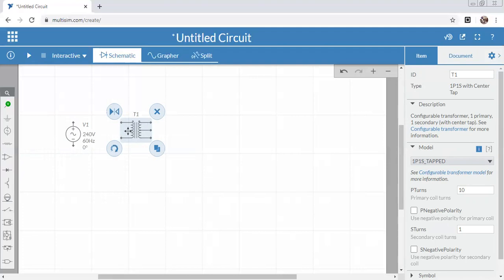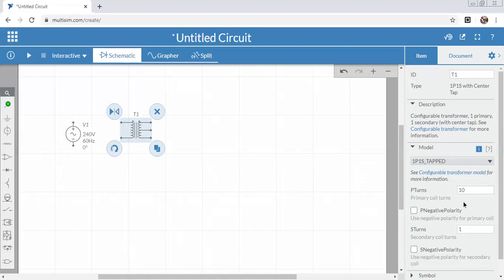A transformer may be classified into two categories: step up and step down. Step up means your input voltage is increased to another level. For example, if I am giving 12 volt AC, it should be increased to 24 or 48 based on your application. Step down means the input is reduced at the output. For example, if I am giving 240 volt and I need 12 volt AC, then by using a step down transformer it is possible for you to reduce your input voltage to some extent. So this is the feature of a transformer.